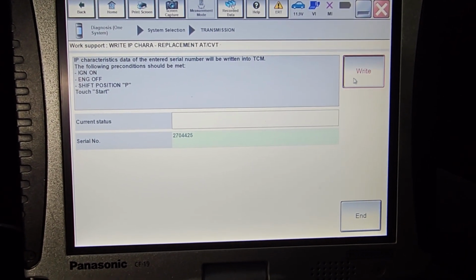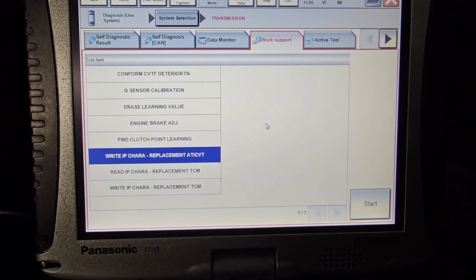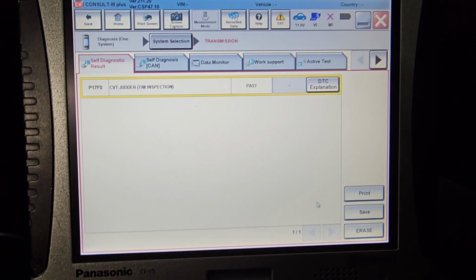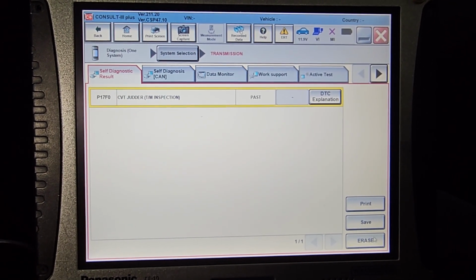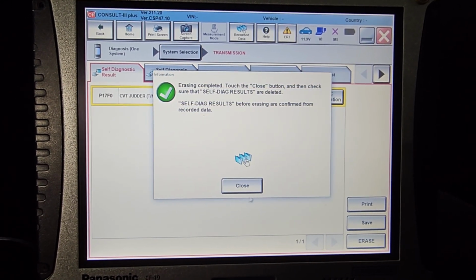Now you have to write it, complete, and okay, diagnose, change to yellow, erasable, passed, close,